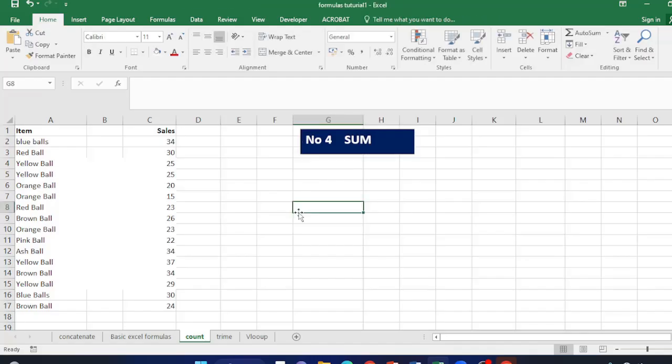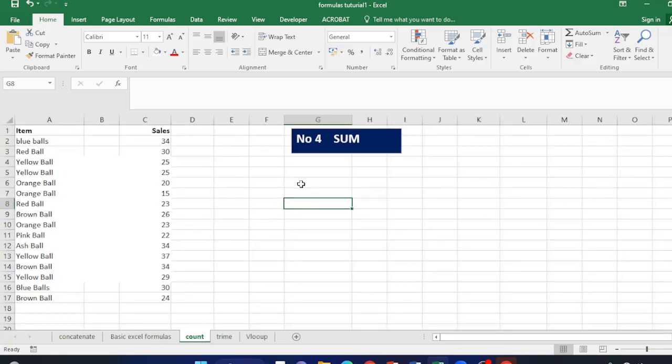Number 4 formula we'll be looking at is the sum formula. The sum formula is used to add up every numerical value in a given range. So the sum formula is very useful, super useful in Excel. You can quickly sum up numbers, sum up values, and then you can quickly see what the total is. So to use the sum formula,